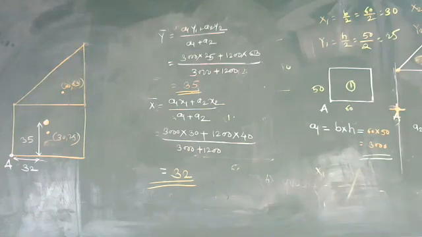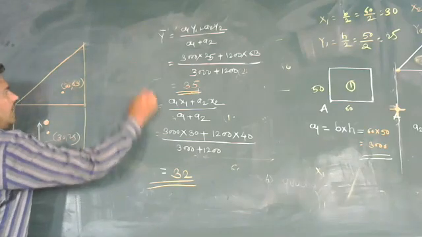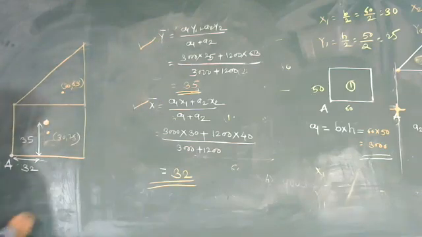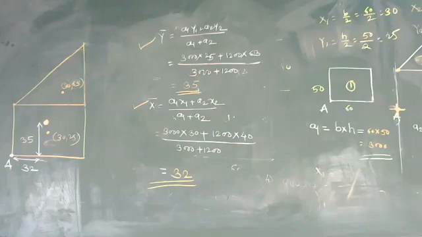Understood? So henceforth you are required to remember the first equation, x bar, and what is the formula of y bar? And the standard formulae for the planes. Plane means rectangle, triangle, circle, half circle and quadrant of circle. Clear? Any doubt related to this question? Please ask me now.